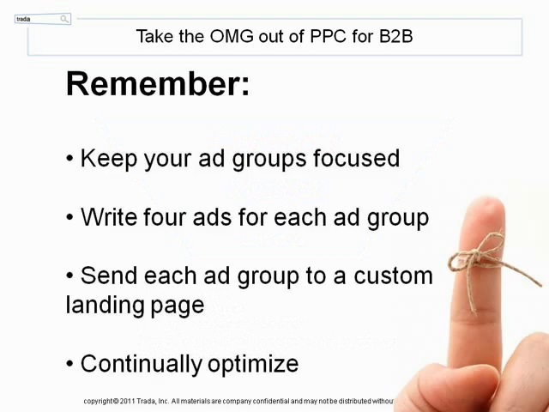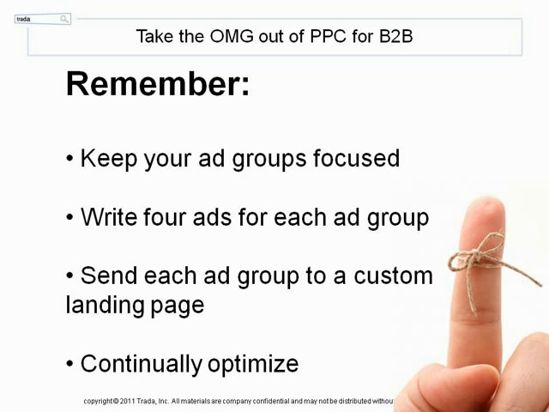So, and remember, as always, you should keep your ad groups focused. You don't want to use tax help for my business and accounting help in the same ad group because it would be hard to write an ad that's relevant to both. It would work better to make one ad group about small business tax solutions and another about enterprise tax solutions, maybe another about accounting help, and then we always suggest that you write 4 ads for each ad group, and then you vary the call to action on the first line so you can test which messages work best.